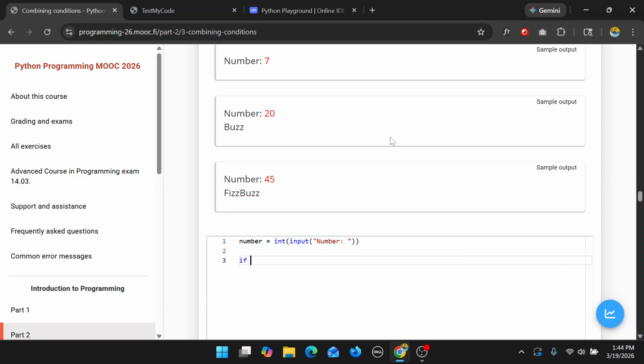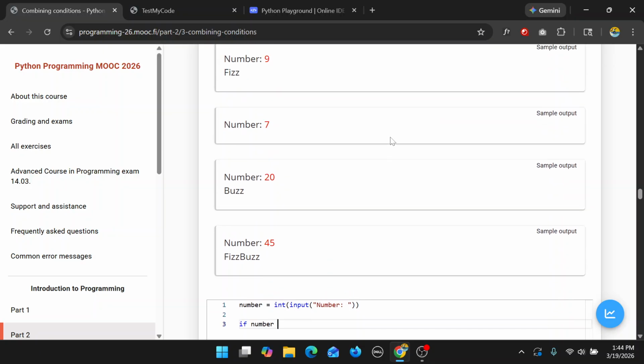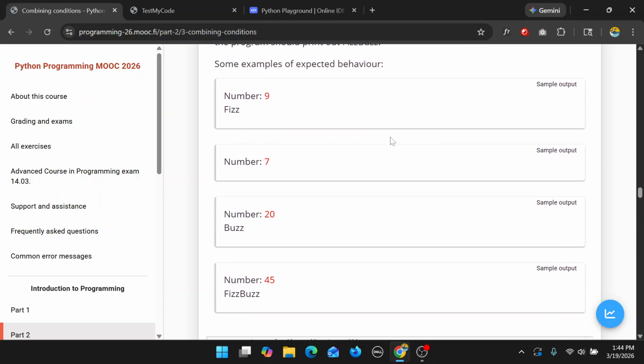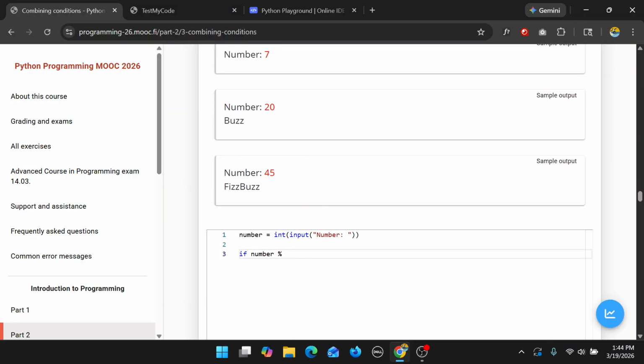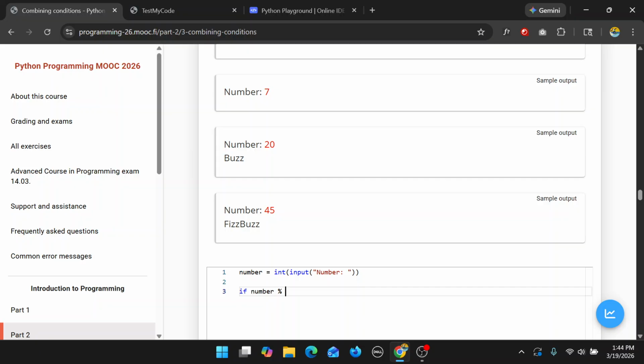Then we check if number. So how do we know if a number is divisible by 9 or 5? Well, we are going to use the modulo symbol. Remember, the modulo symbol is doing division by evaluating the remainder. So if we divide a number by 3 and the remainder is 0, then we know that the number is divisible by 3. So we say if number % 3 equals 0,